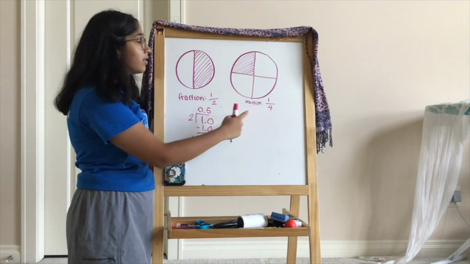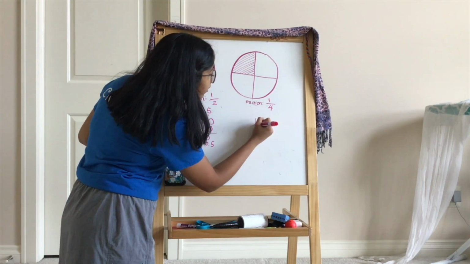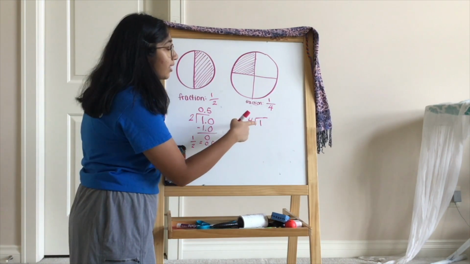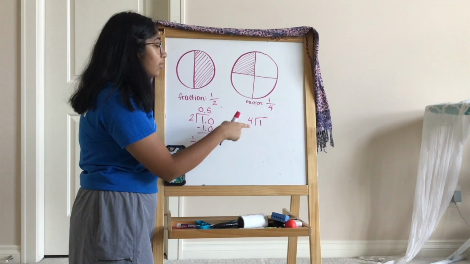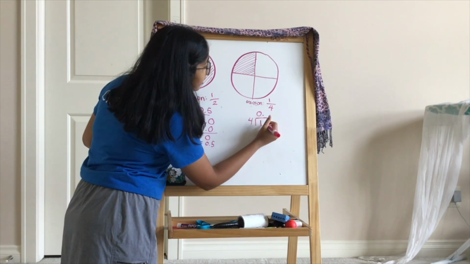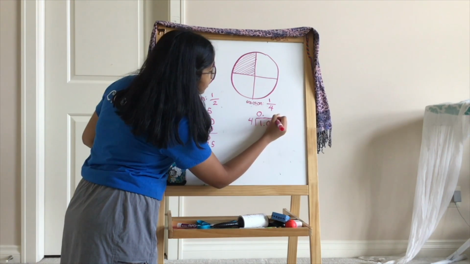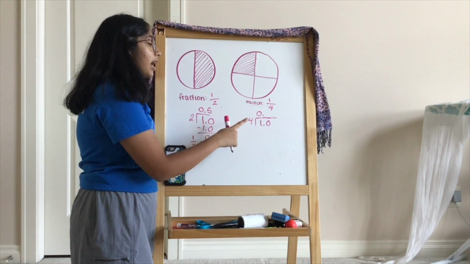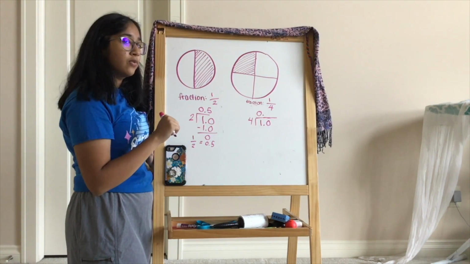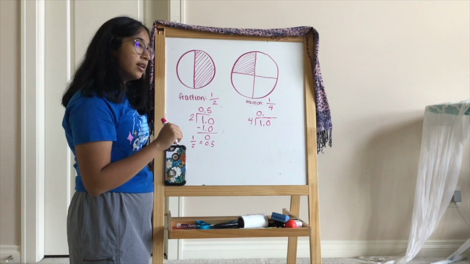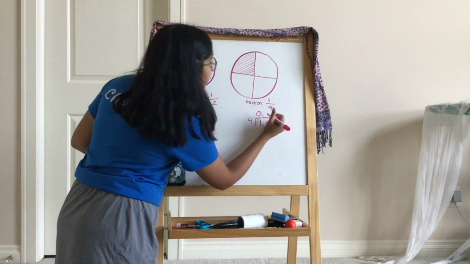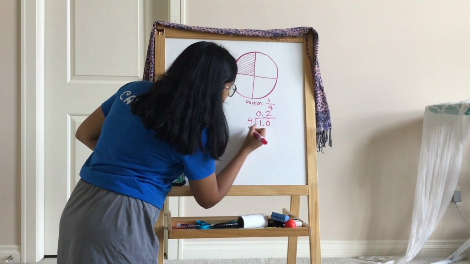Now let's try 1/4. Let's long divide 1 divided by 4. So 1 is smaller than 4, so 4 goes into 1 0 times. Now we add a decimal, and we can add as many zeros as we want. How many times does 4 go into 10? 4 times 1 is 4, 4 times 2 is 8, and 4 times 3 is 12. So we're going to choose 2 because 8 is less than 10. So now we get